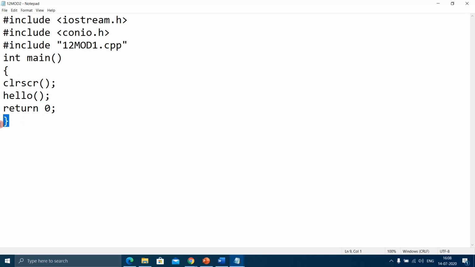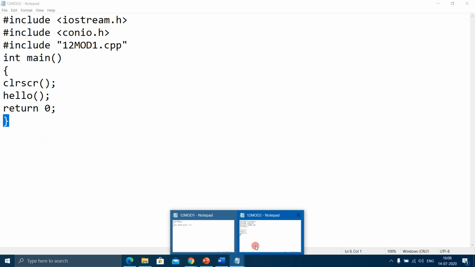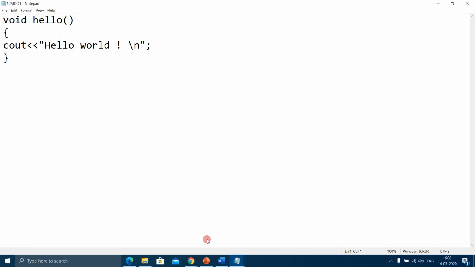And here's the end of the program. Is there a hello function in this program? No, it's not there. It is in some other file, in some other module.